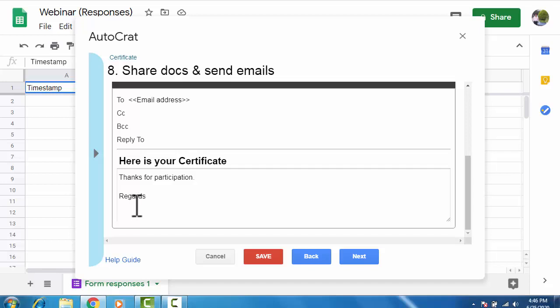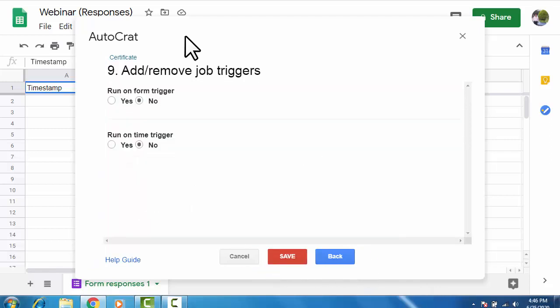Regards, coordinators. You just click next and add or remove job triggers.